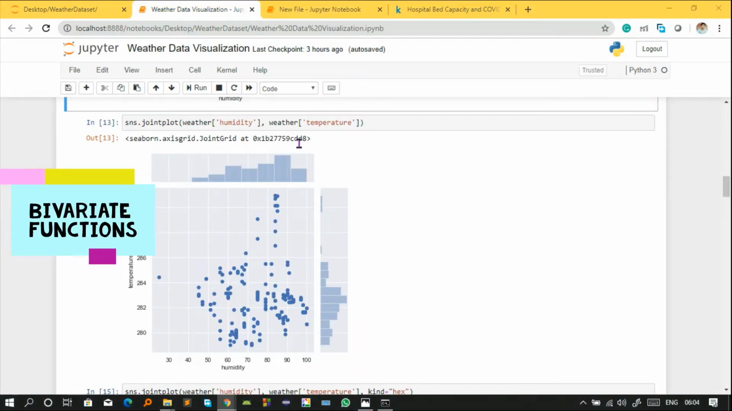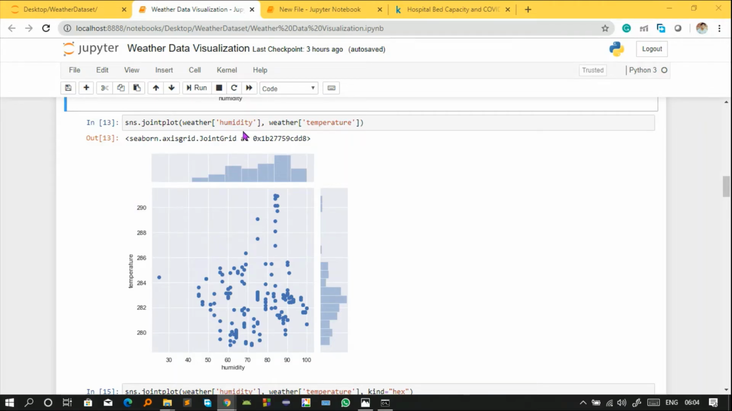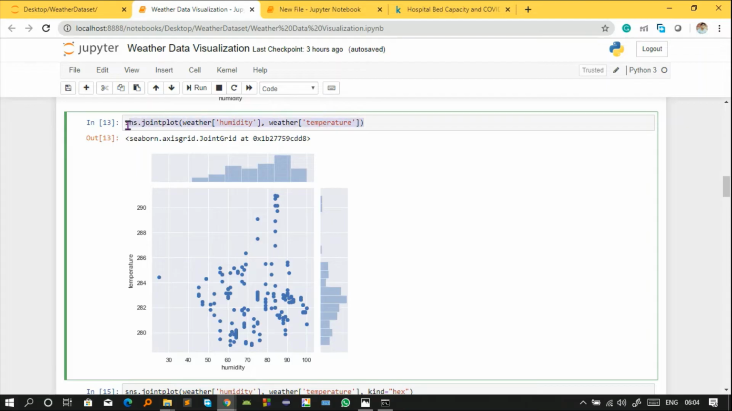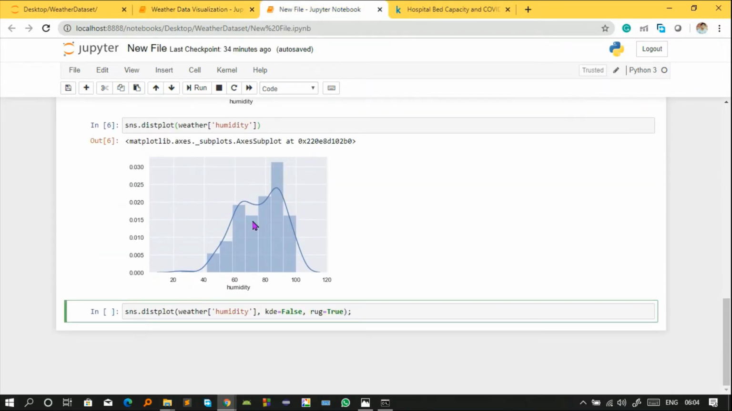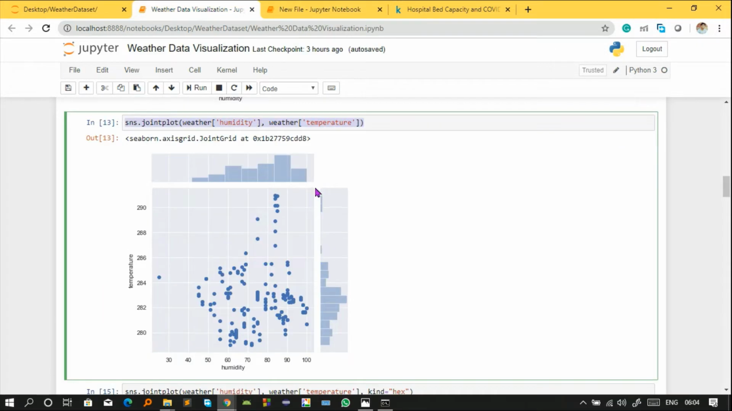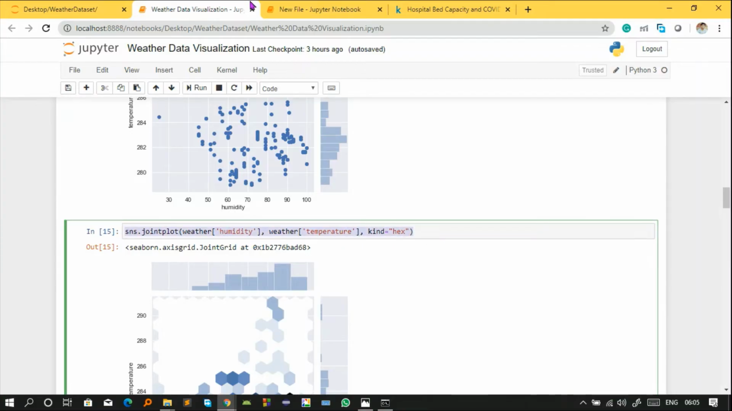Bivariate distribution. In a bivariate distribution we have more than one column, meaning we are visualizing the data using more than one column. The function for bivariate is the jointplot. Seaborn has jointplot. By this line you can see weather.humidity and weather.temperature, so we are visualizing the data using these two columns with this jointplot. Now the next is kind equal to hex. Kind equal to hex means the data will be visualized